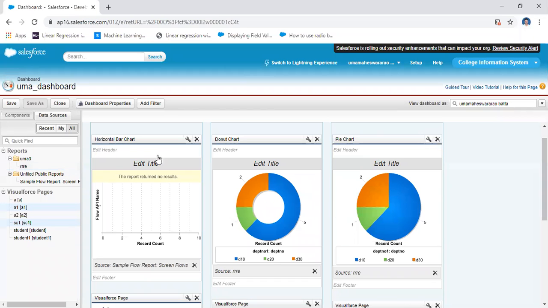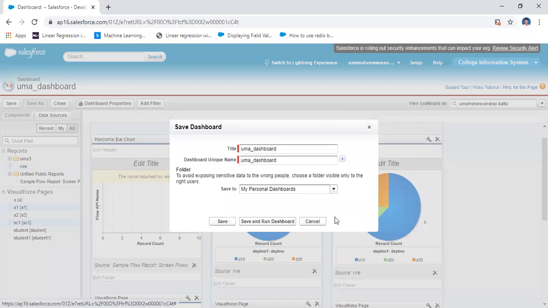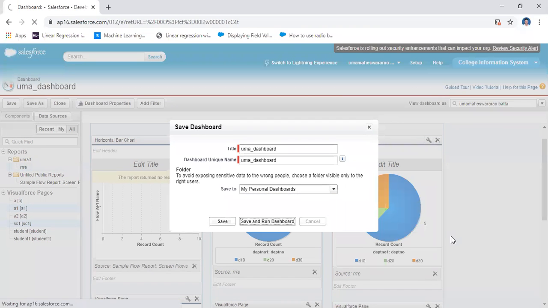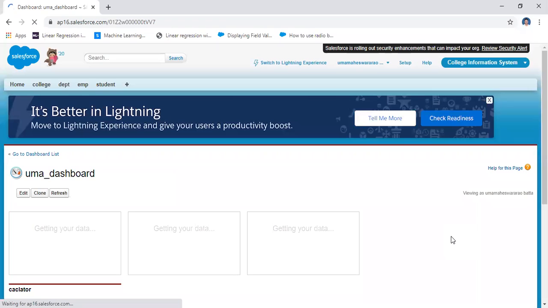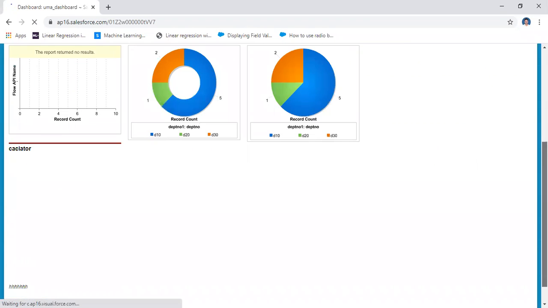And then I want to save this dashboard. Where should I save this dashboard? You will save this dashboard in one particular place, that is the personal dashboard only. Save and run the board. If you save and run, it appears like this.